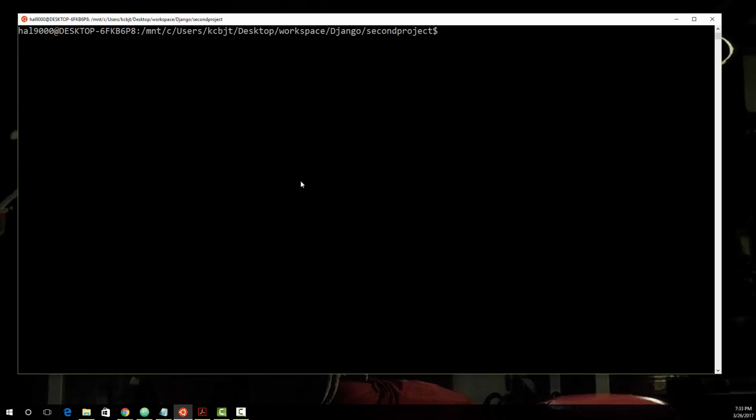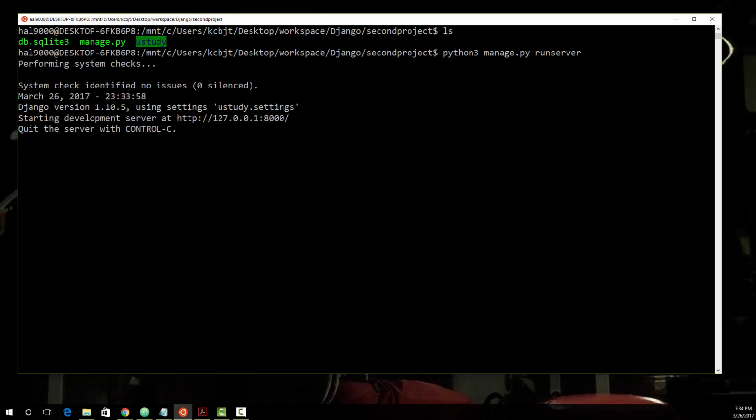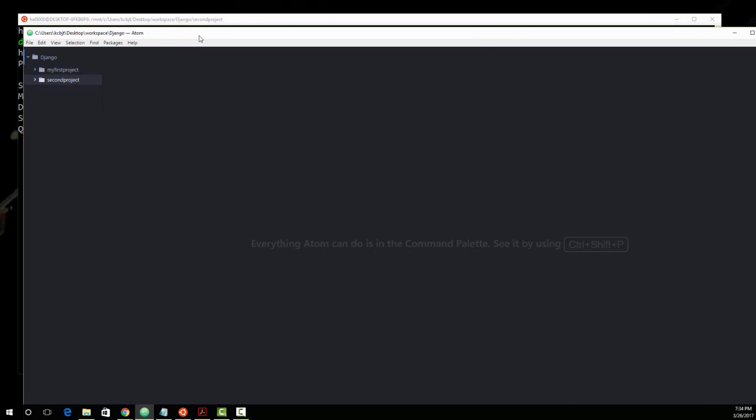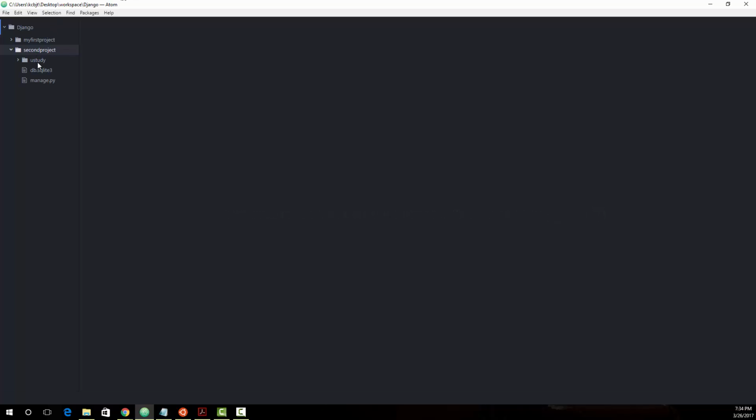Alright, so now let's get started with our first URL, view, and template. So what you need to do is have our server running, so go into your project's root level directory and run your server. And then in your favorite text editor, go ahead and open up this project directory. So I have mine open right there. There's my second project with DB SQLite, manage.py in it, and my use study